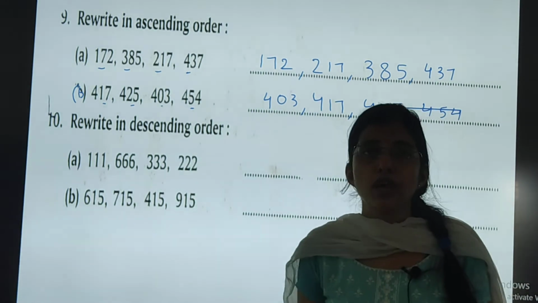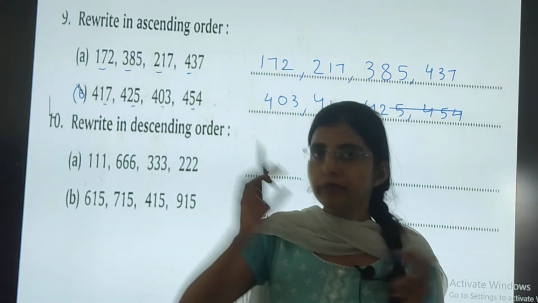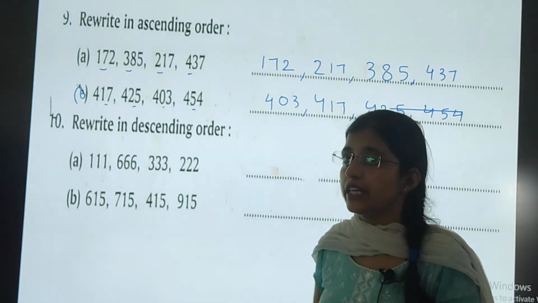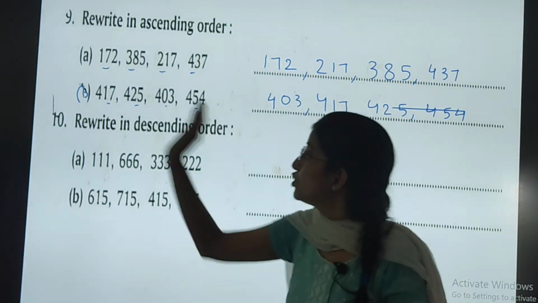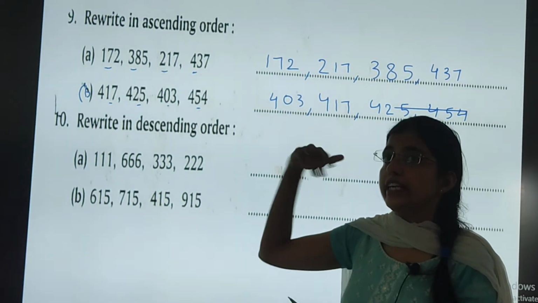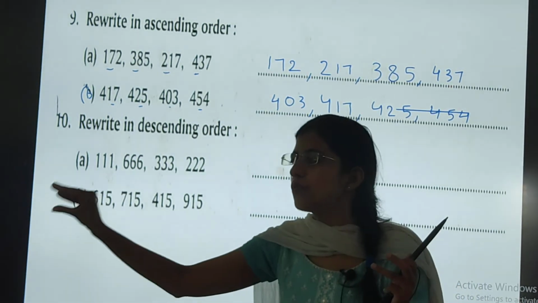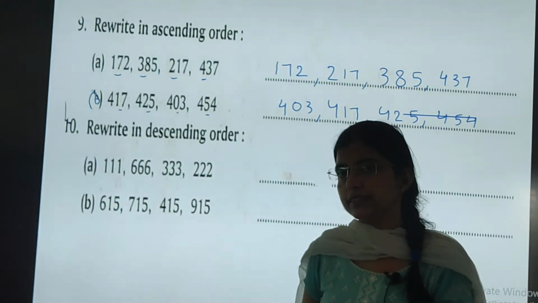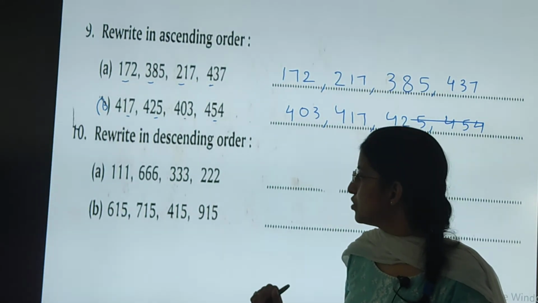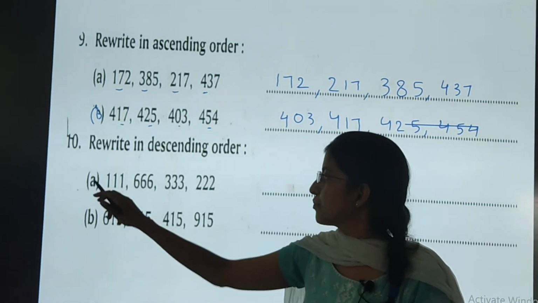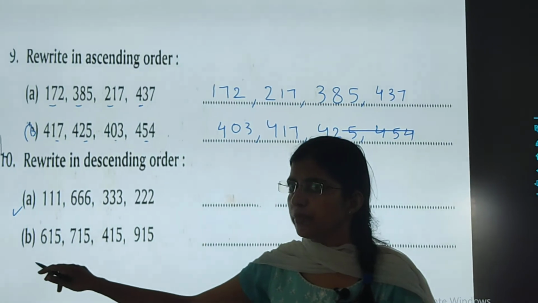ओके तो आपको इसमें क्या करना होता है? छोटे से बड़ा नंबर अरेंज करना होता है, इन असेंडिंग ऑर्डर. अब इसमें हम छोटे से बड़े की तरफ गए थे. इन डिसेंडिंग ऑर्डर वी विल डू ऑपोजिट, फ्रॉम बिगर नंबर टू स्मॉलर नंबर. वी विल डू लाइक दिस. So I will do the first one for you. B, I think you will be able to do.